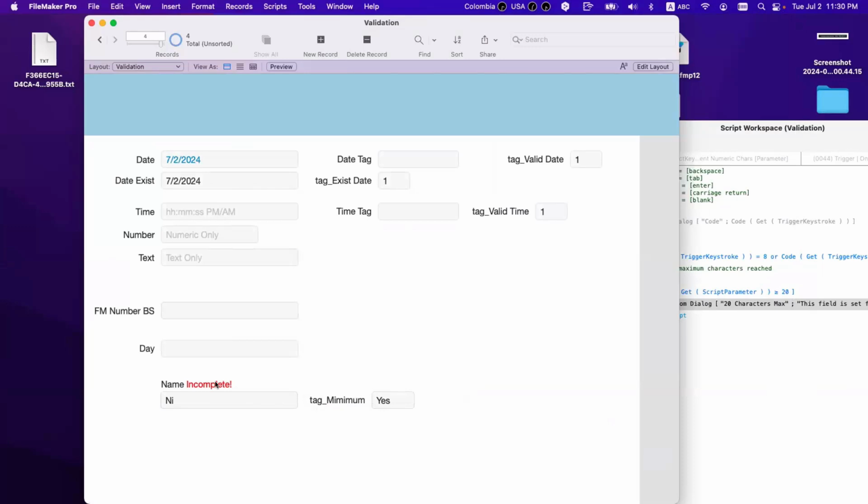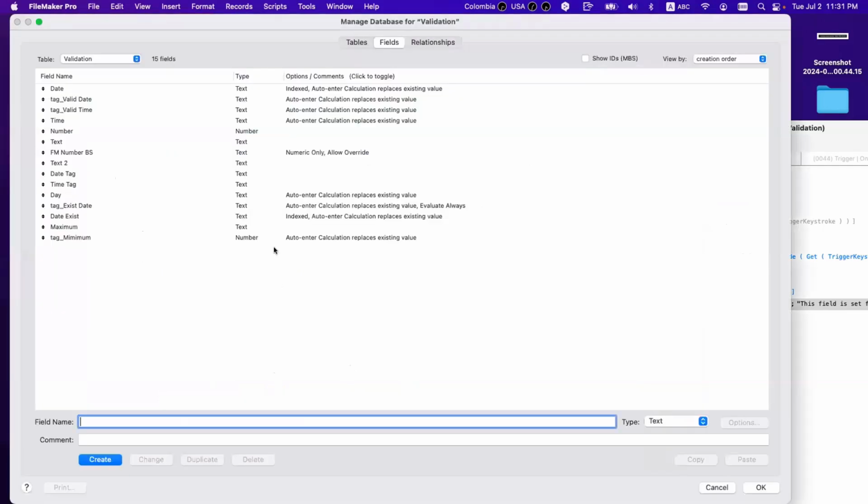Can this be done at the record level? What do you mean by record level? It is at the record level. This is for this record. If I go to another one, it's not. Yeah, because it's a tag for that record.